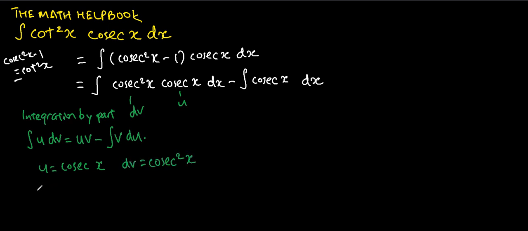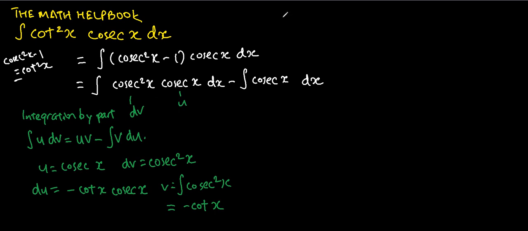So if I were to find my du, my du is the differentiated form of the cosecant x. It's just basically negative cotangent x cosecant x. For dv itself, if I were to integrate cosecant square x, you actually get back the negative cotangent x. Alright, so for this formula itself, the first part itself is just basically